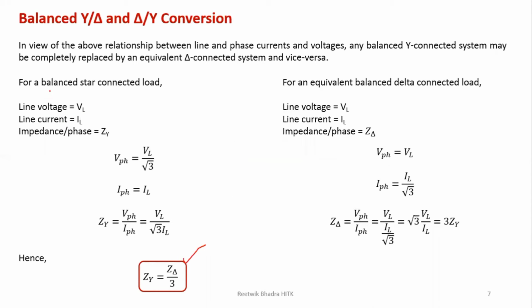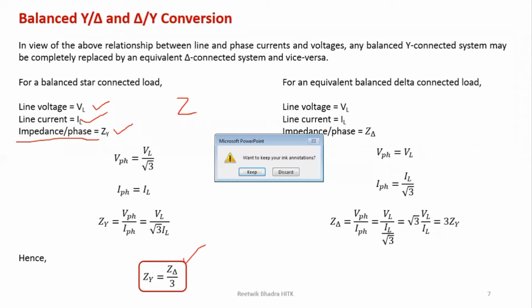Still we'll go through it. Suppose a star connected system is given, with line voltage VL, line current IL, and impedance per phase ZY. Remember one thing, very important: when you do problems, all impedances, all Z values given in this case